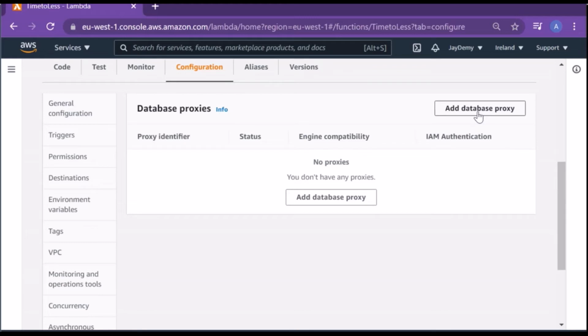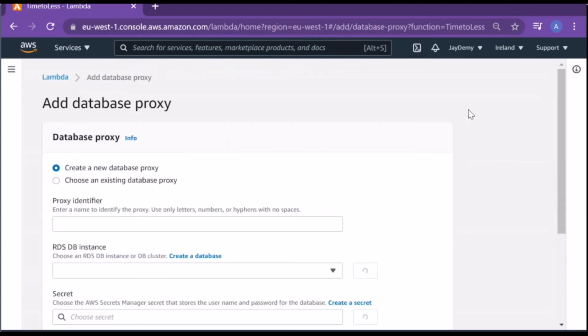This enables you to reach high concurrency levels without exhausting database connections. If more requests are coming to the database, sometimes you will get an error because the database is not responsive. To avoid that, use database proxies, which enable a function to reach high concurrency.